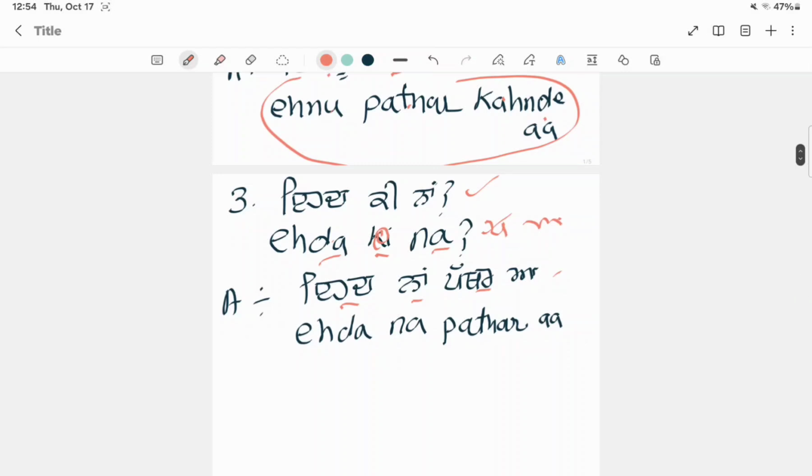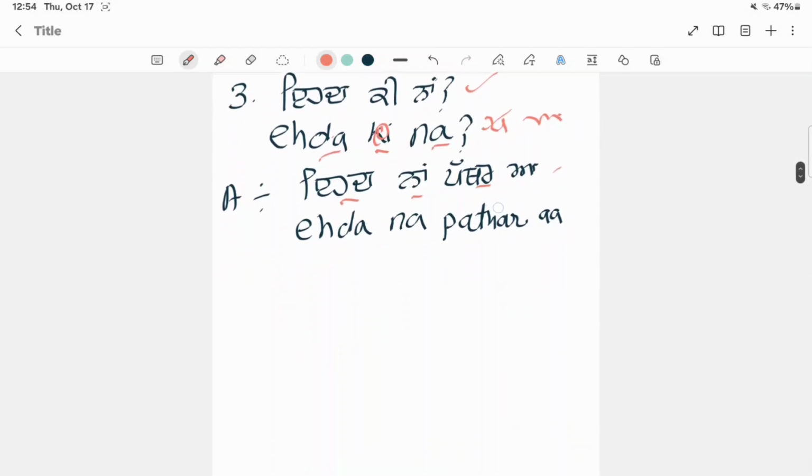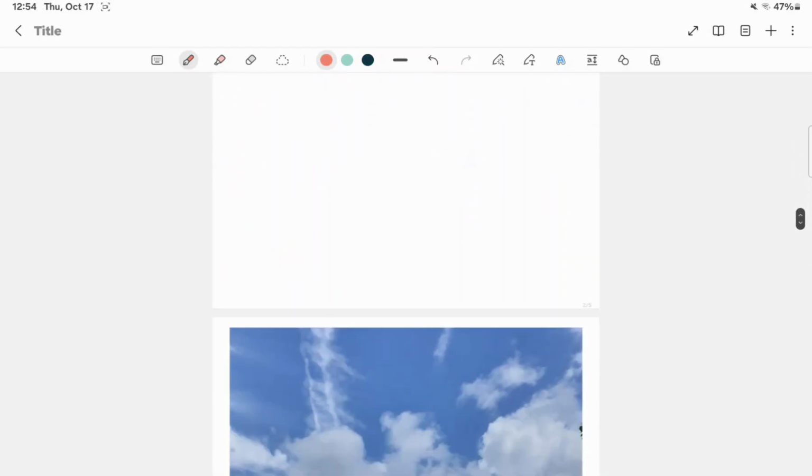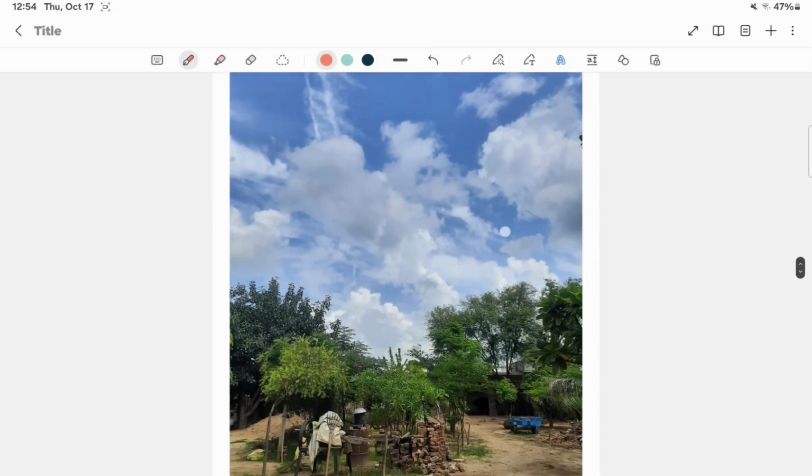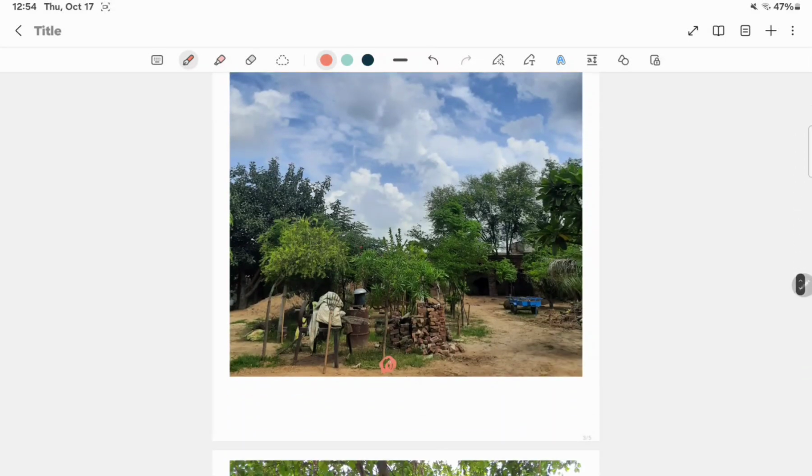These three questions you can use in live situations. Now I'm going to explain to you this picture. In this picture, you are standing right here. So you want to ask a question, you don't know. Let's say, how would you ask what is this thing? You will say, a kia. The first question, a kia.